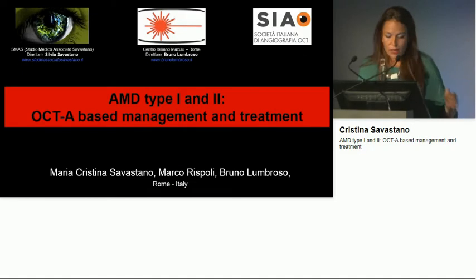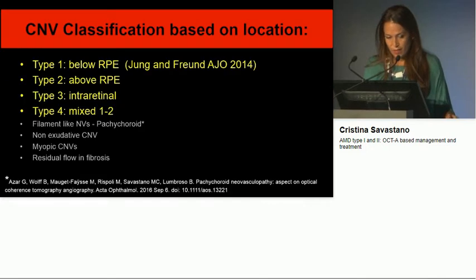My topic is about the AMD type 1, type 2 OCTA-based management and treatment. Regarding the classification of CNV, we have to remember the Young and Freund American Journal classification. The organization of type 1 CNV are localized below the RPE, while type 2 are localized above the RPE, and we have the type 3 that originate in intraretinal spaces, and type 4 that are mixed like type 1